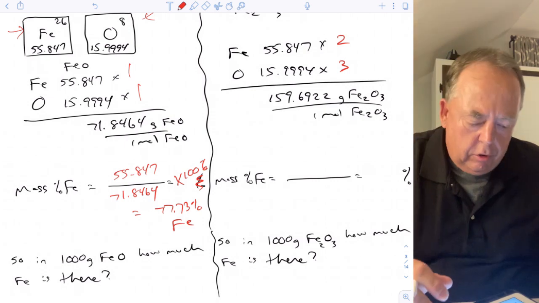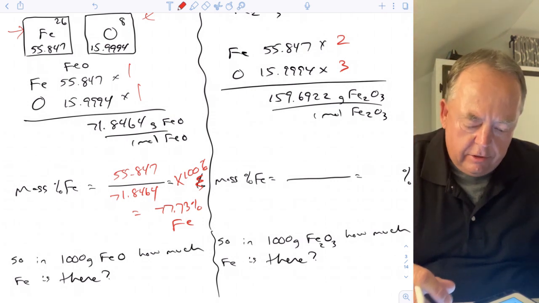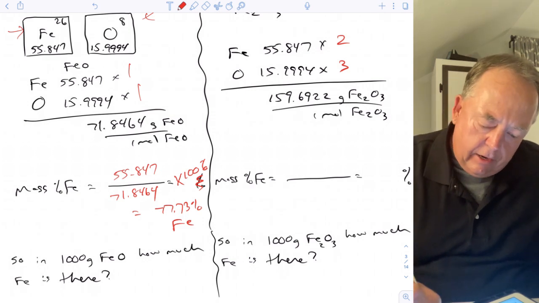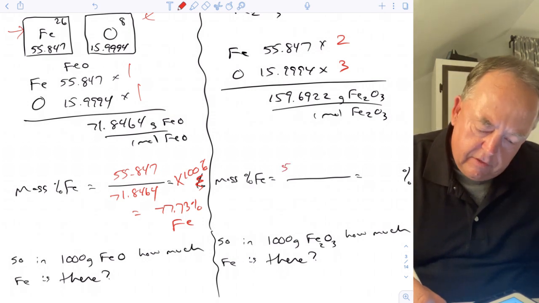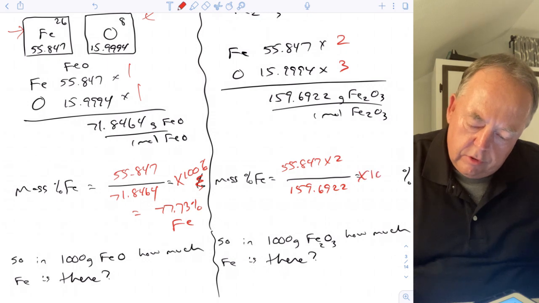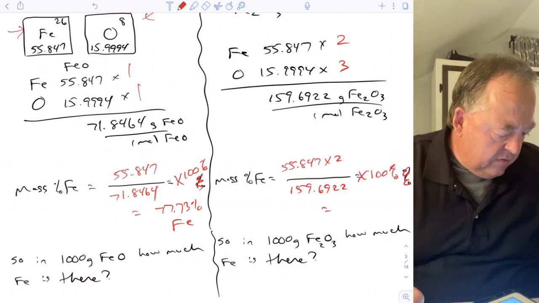Since there's only one other element present, oxygen, the rest of the percentage is oxygen, right? And then for the iron(III) oxide, 55.847 times 2 divided by the total, 159.6922, times 100%, and that would give you